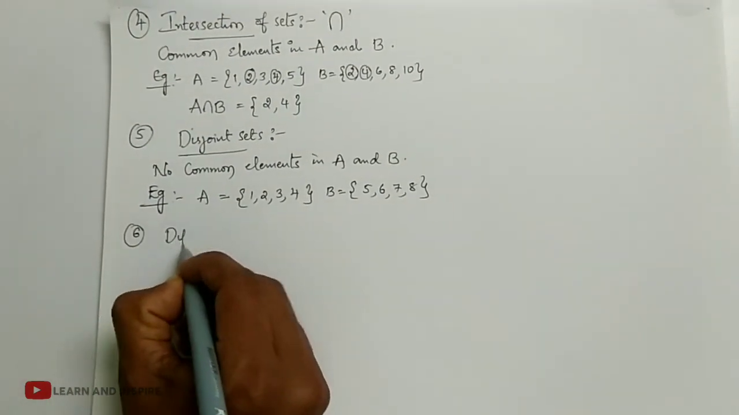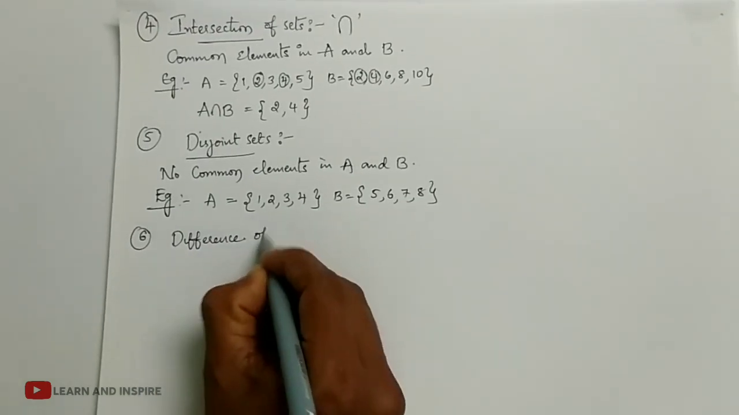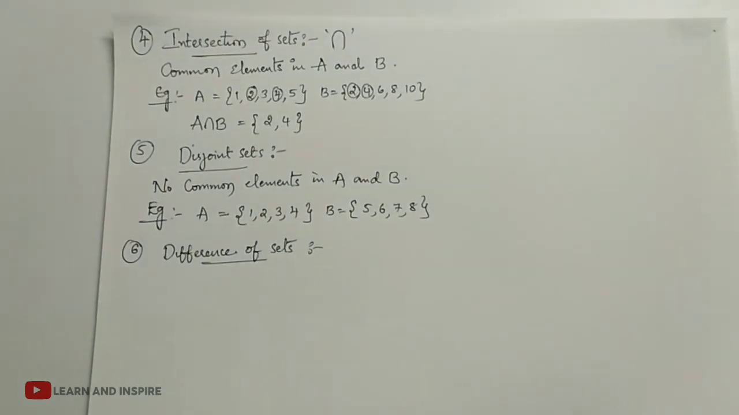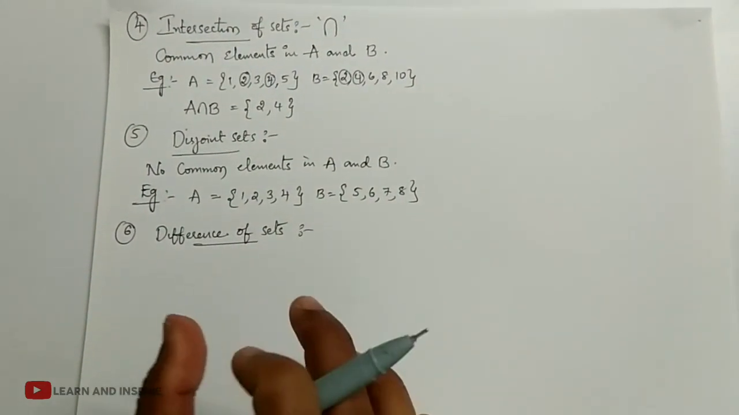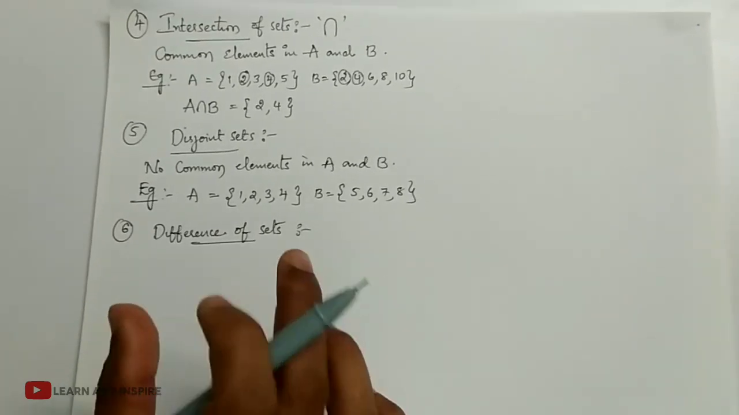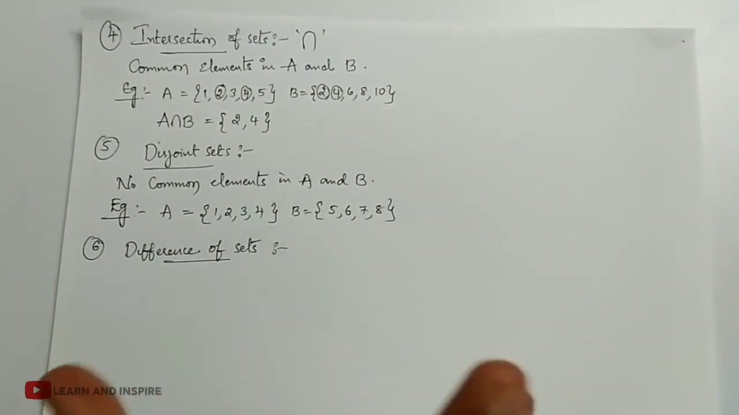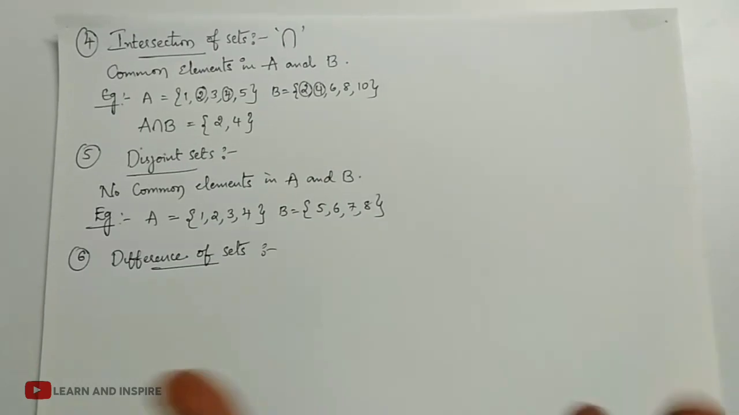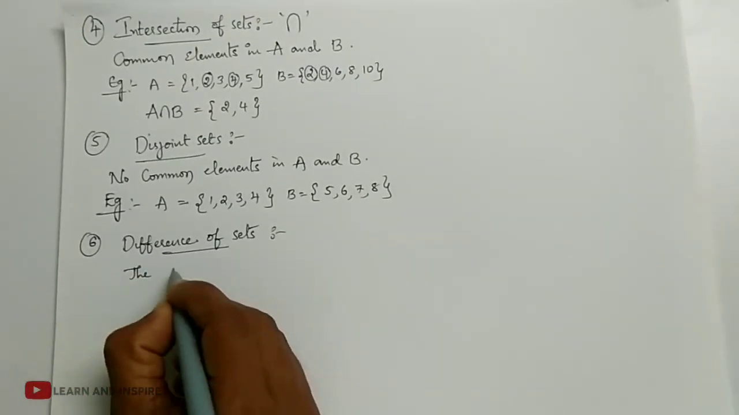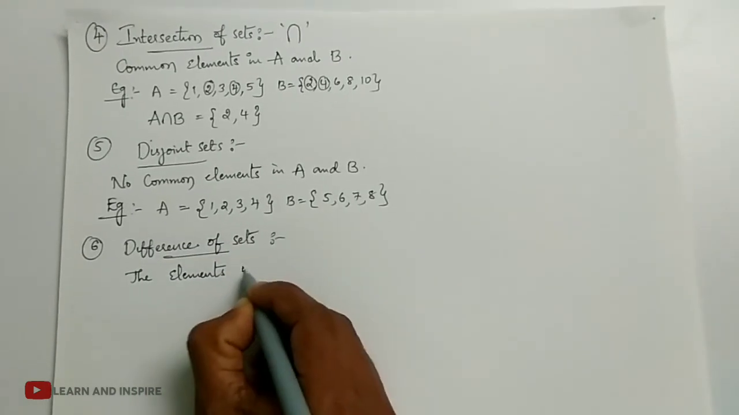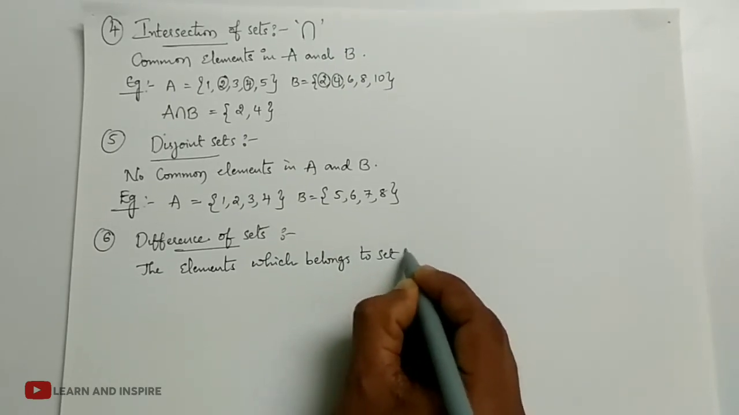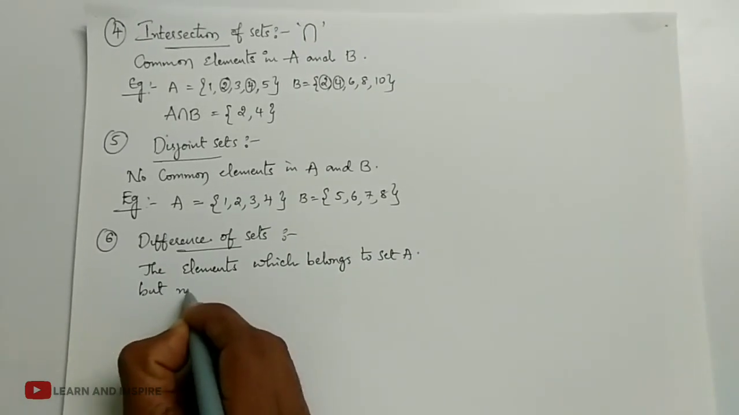So next, the sixth one, difference of sets. As we know, difference is nothing but minus. Okay, so what is this difference of sets? Difference of sets is nothing but the set of elements which belong to A but do not belong to B. Okay, which belong to the first set but do not belong to the second set. Okay, now the elements which belong to set A